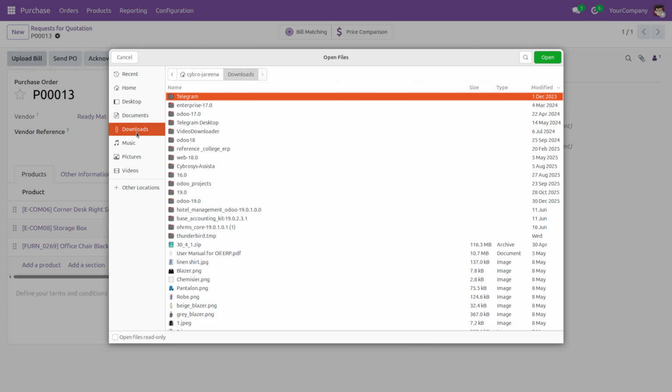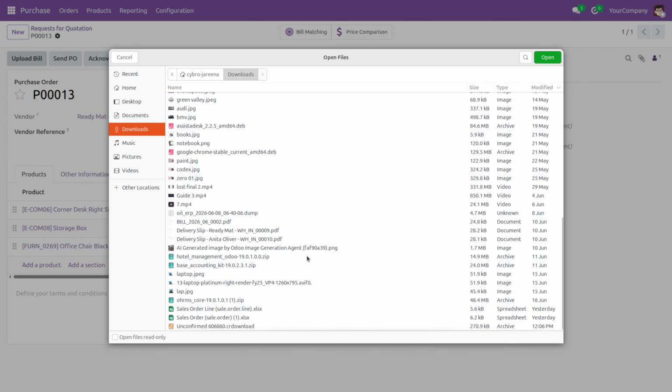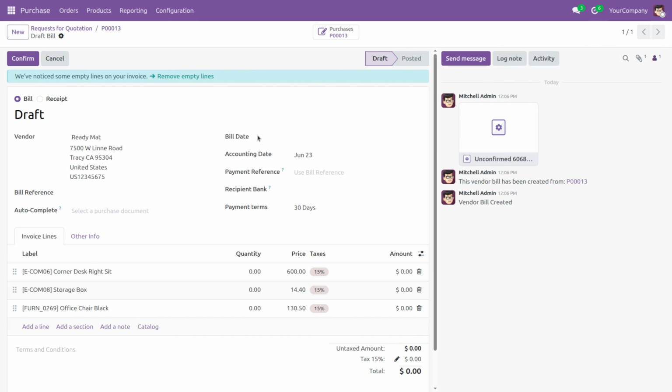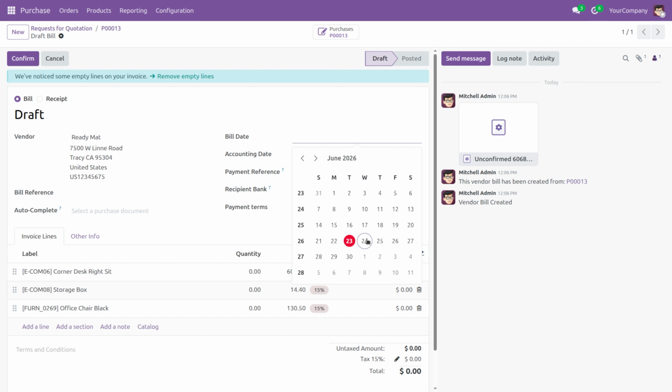And under the downloads, you can find the bill which is generated, and you can choose a file over here. You can see that currently we have added the bill, and we'll be getting two options. It can be either bill or receipt, and in this case I would like to create a bill. You can see that all the other details are being added over here, and it is mandatory